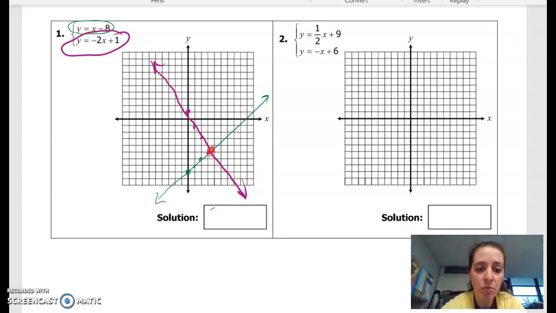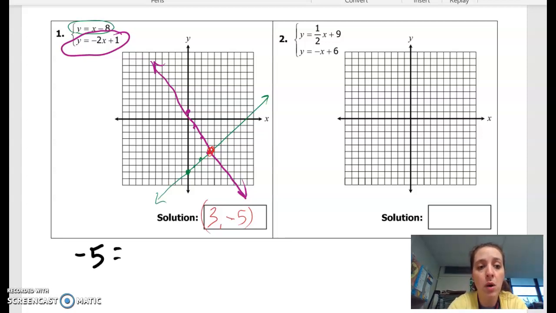And my intersection point is at 3, comma, negative 5. And I want to go ahead and include that. So the other thing I can do is double check the work that I've done so far. So I take this solution that I have and I plug it back into my equations. Okay, so I'm going to plug that